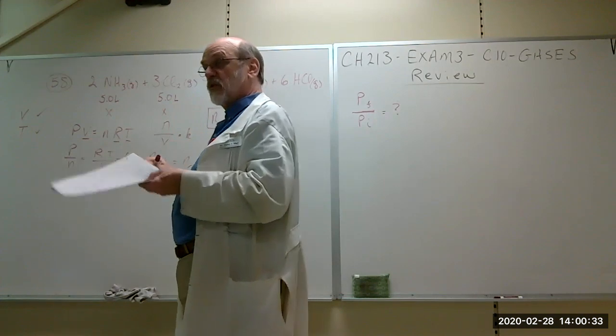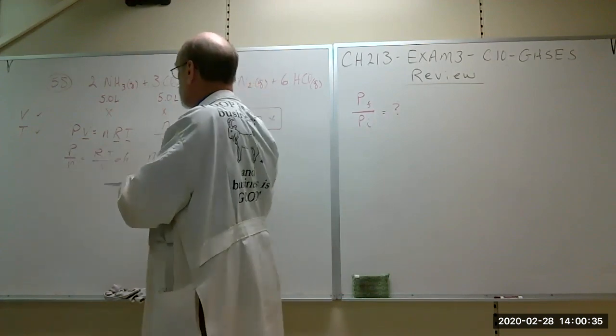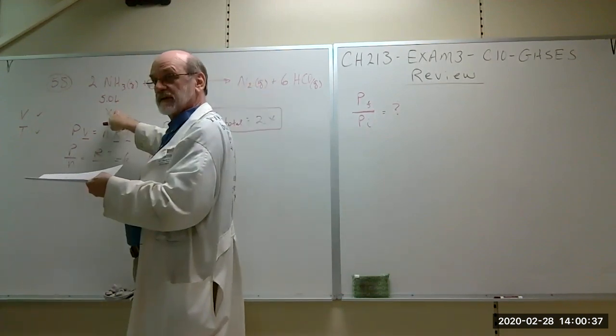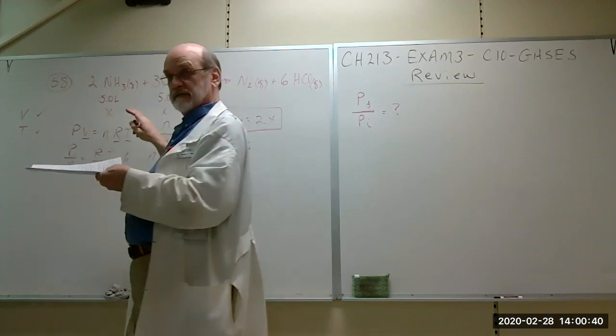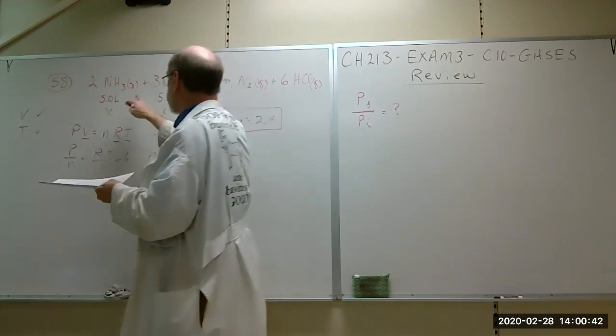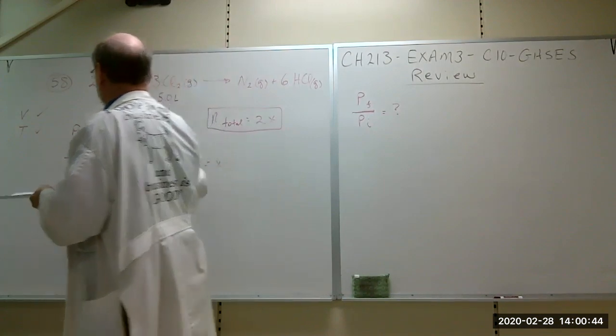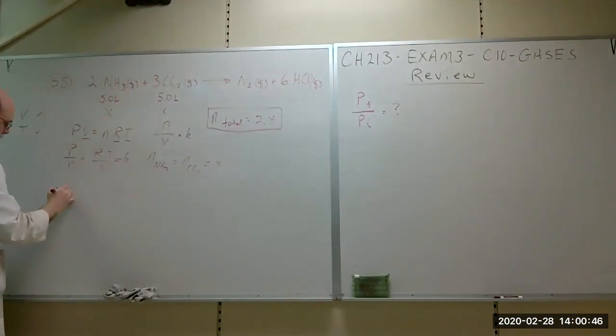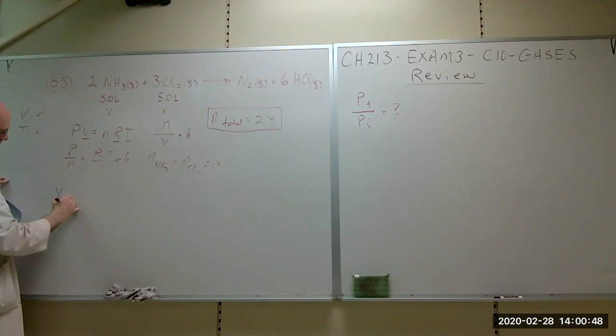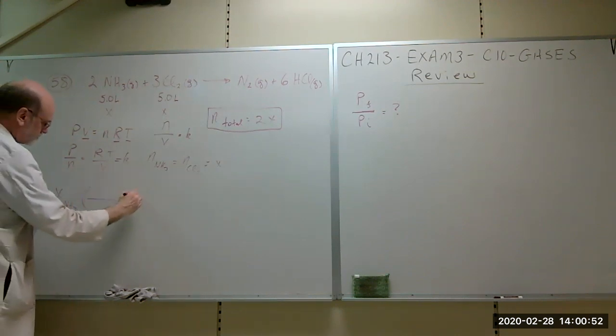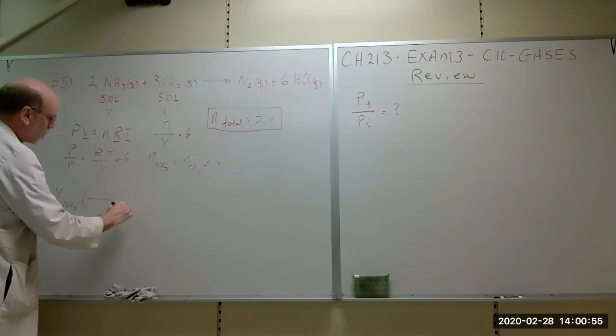Okay? So in the final situation, we're not going to have any of this left, but we're going to have some of this left. Right? So how much of this are we going to use up? So if X represents the number of moles of ammonia, then the ratio of the two